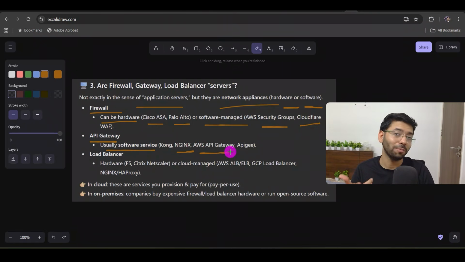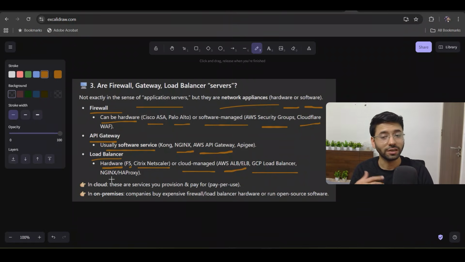Then AWS API gateway is there. Load balancer can also be both hardware or software level. When we talk about the hardware level, F5, Citrix NetScaler, these are the examples of the hardware load balancer. When we talk about the software level, these are cloud managed, like AWS ELB is there, GCP load balancer, Nginx